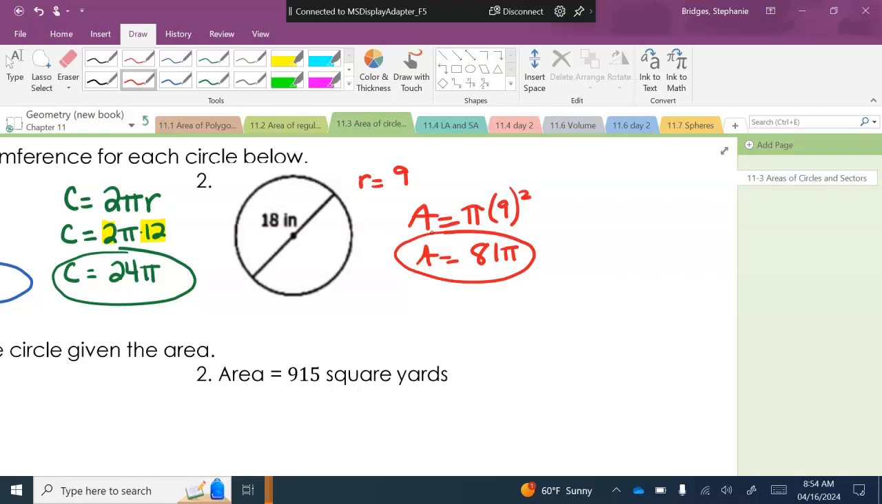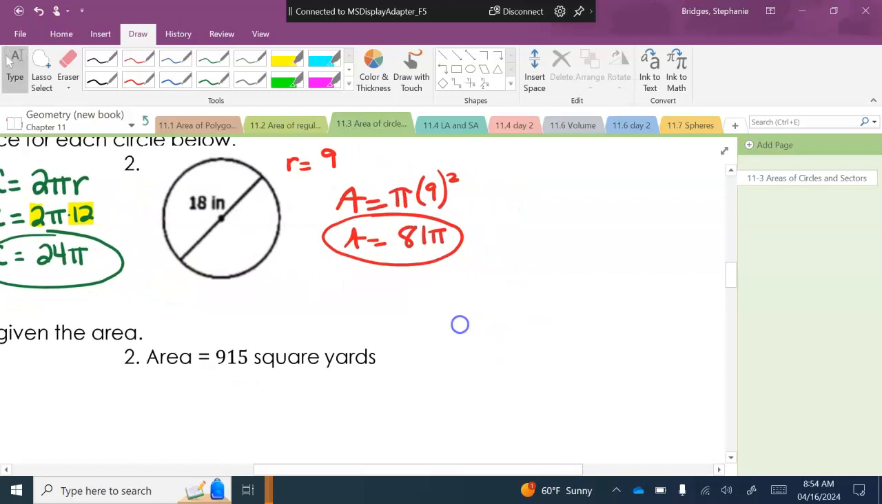With circumference, I can either use the 2 pi r, because I know what the radius is, or I can use pi times diameter, because I also know what the diameter is. Either way, you're going to get the same thing. If I do 2 times pi times my radius of 9, remember 2 pi r,